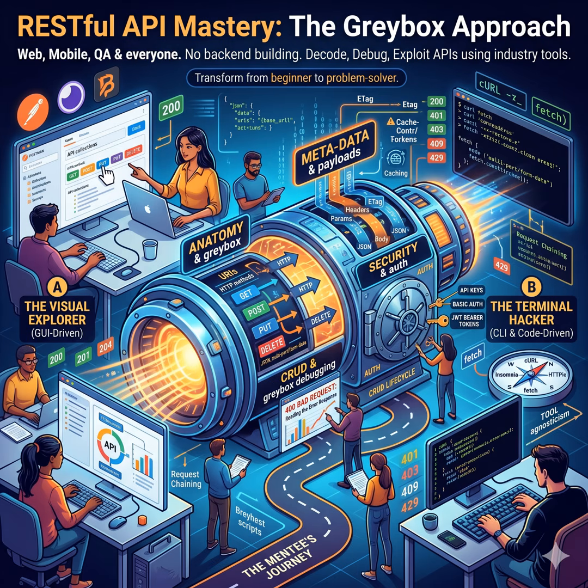All right, hit me. Let's say I send a request and I get back a 401 unauthorized status code. What is my Greybox deduction? How do I know what happened inside? Well, a 401 unauthorized acts like a bouncer at a club. It tells you exactly where the failure happened in that internal pipeline we discussed. Okay, so where is it? It means your request failed before the business logic ever even reached the data layer.